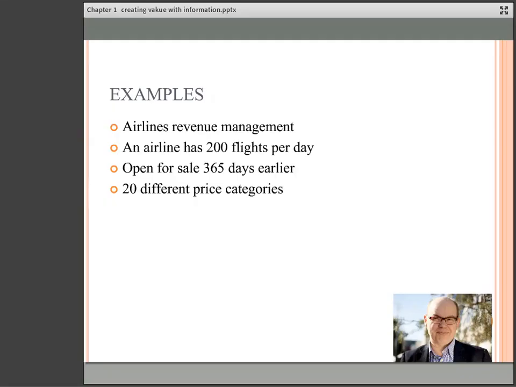Then they try to find different price categories: business class, tourist class, but they really are good at finding different prices, group prices, connecting world tour prices, and so forth. So they have 20 different price categories, and all of this is out for sale. Then gradually they look at how their customers come into their databases, where is the demand, and they slightly change prices comparing with what their competitors are offering.